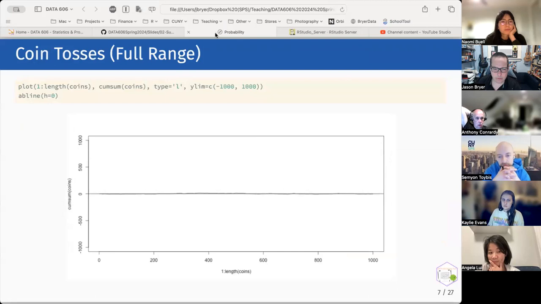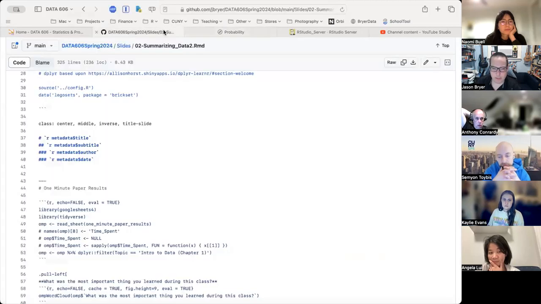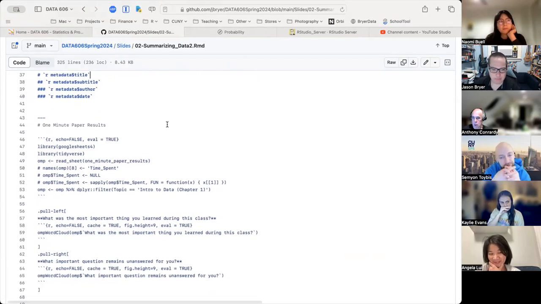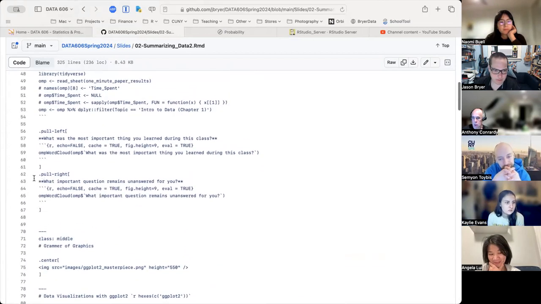In some instances, like tonight, I showed the R code everywhere, but in some instances, I might not show the R code and only the output of the R code. And you're like, well, what was the R code that generated that? I show it if it's meaningful to the lecture. Sometimes I hide it just because it doesn't fit and it's not something I want to talk about. I just want to talk about the output. But you can always go into the GitHub repo, and you could see